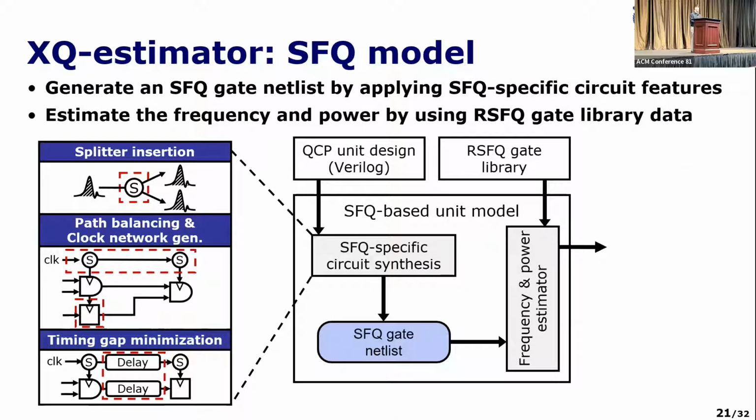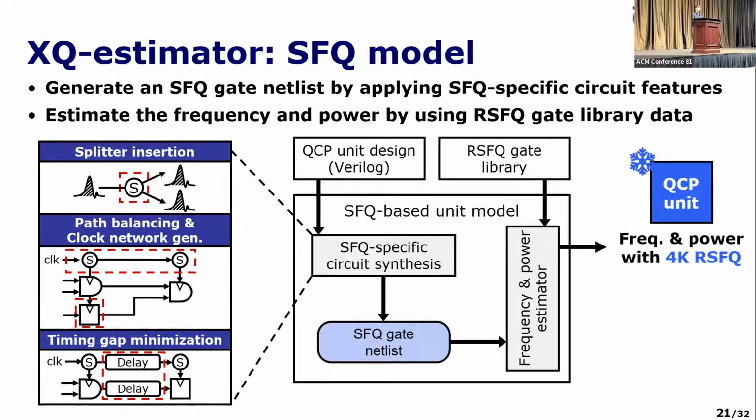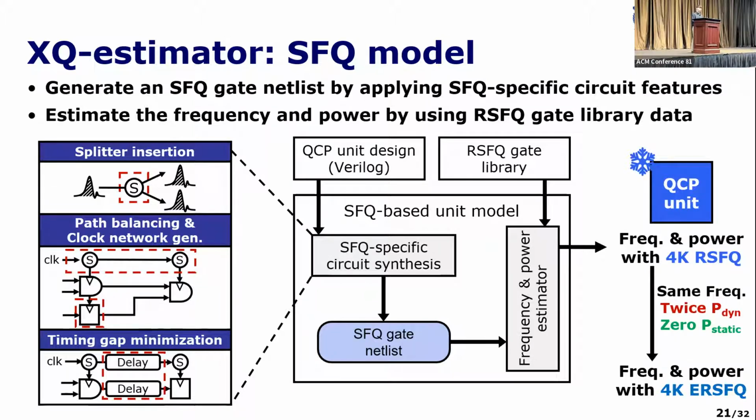Next, let me introduce our SFQ model. First, for the target control processor, the SFQ specific circuit synthesis generates the SFQ gate netlist by applying 3 features: splitter insertion, path balancing and clock network generation, and timing gap minimization. Next, by taking the netlist and RSFQ gate library, our model estimates the frequency and power of 4 Kelvin RSFQ control processors. For the ERSFQ, we apply twice higher dynamic power and zero static power to the RSFQ design by